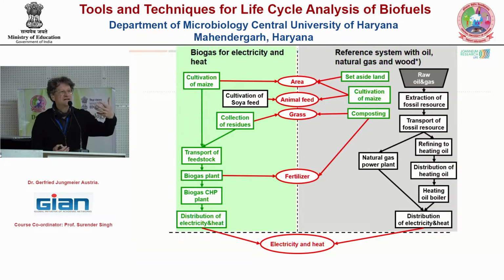So the composting gives you a fertilizer. The good thing is that also the digested material coming out of the biogas plant is containing fertilizer. Yeah? So on the first glance, you also get a fertilizer. You do not get it directly from the composting of grass, you get it a little bit indirectly from the biogas plant. So this is very important that the fertilizer balance